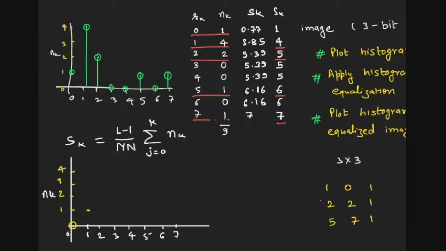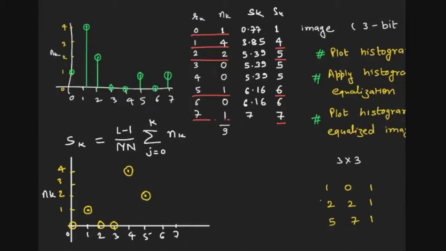So now if I want to plot, my 0 is 0, and 1 will be 1 now. What will happen to 2? There is no 2 in the output image, so 0. No 3 in the output image. But 4 is there. The count of 1 was 4, so all those pixels which were 1 have become 4, and they were 4 in number. So for 4, the count will also be 4. So now in your new image, you only have the intensities which we have calculated in this SK. So now the occurrence of 5 is 2 times.